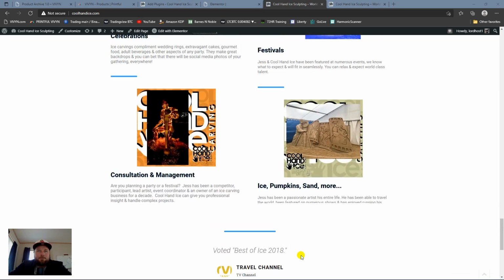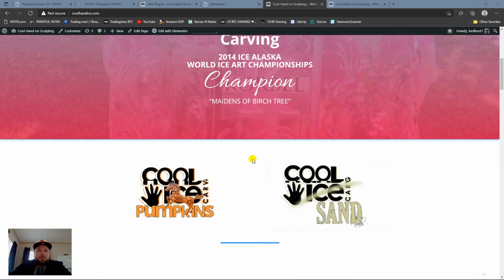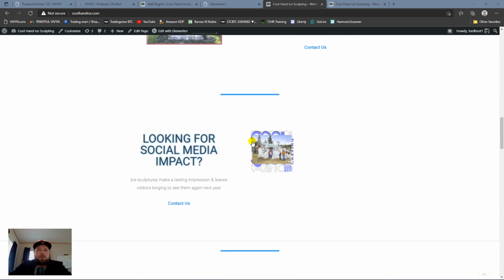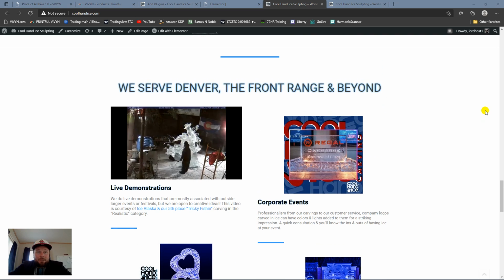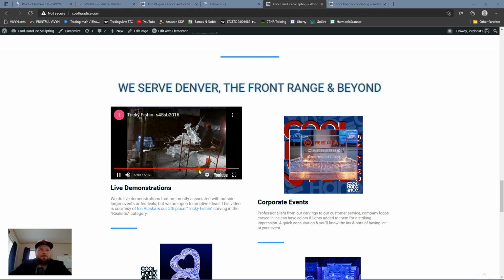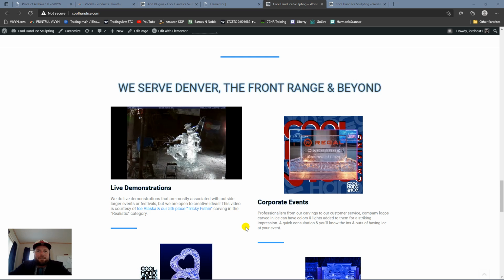I've already done some things to this particular website, but it's kind of clunky, not really flowing well. Some of these images are not the right size. And then down here in this section, which was just what I was limited with the regular Elementor, it's not even. So when you go, it might be alright on mobile, but when you go to desktop, it's not